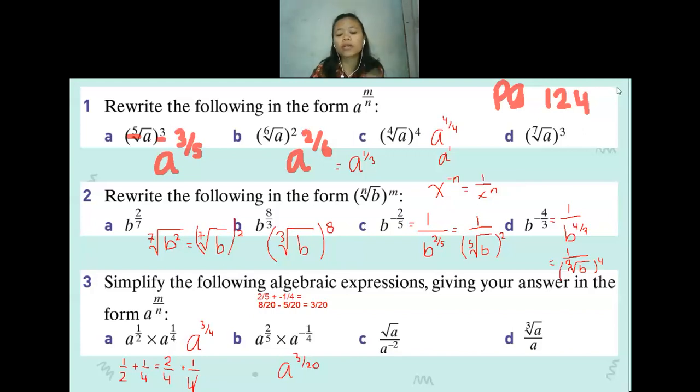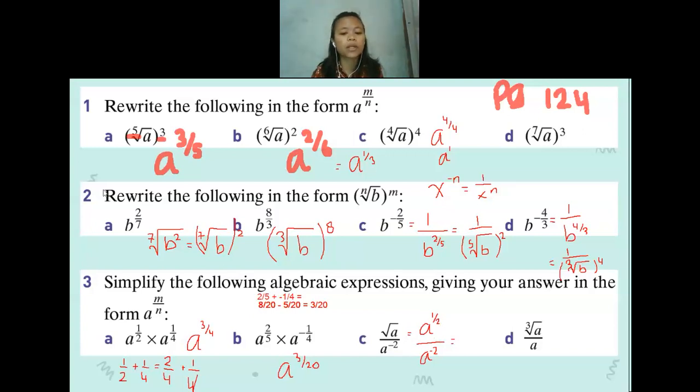We have the square root of a per a to the power of negative 2. The square root of a will be equal to a to the power of how many? Half. Yeah, power half. If you ask me from where, you can check your own summary, especially for those who already made a summary. I think most of you already wrote it for the square root of a. It will be a to the power of a half. Now it is a division. Fraction means division.